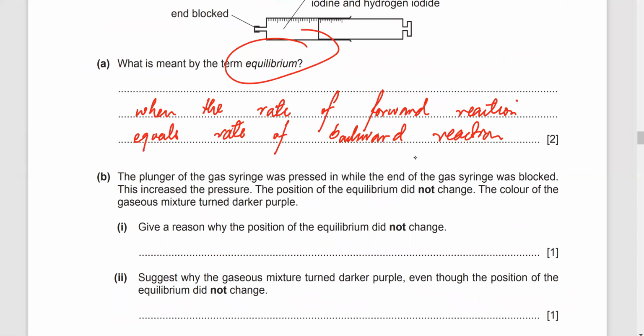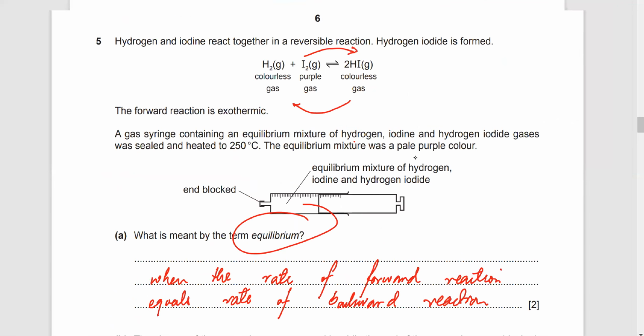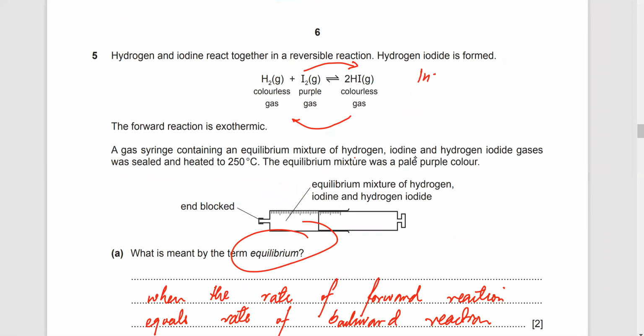Okay, that's the answer. Now the position of the equilibrium, there was Le Chatelier's principle. Now he's saying the pressure of the gas is being increased, and he's saying the position of the equilibrium did not change. What was Le Chatelier's principle? If you increase pressure, you're squeezing it, right? So the equilibrium shifts toward the side with fewer gas molecules. So there's two on both sides, so none of them